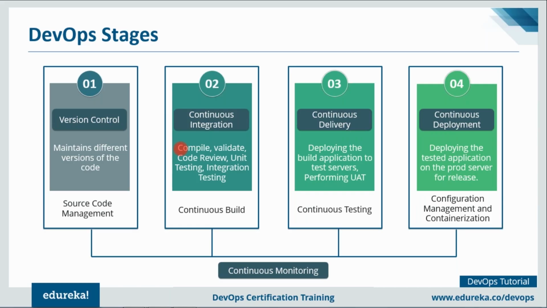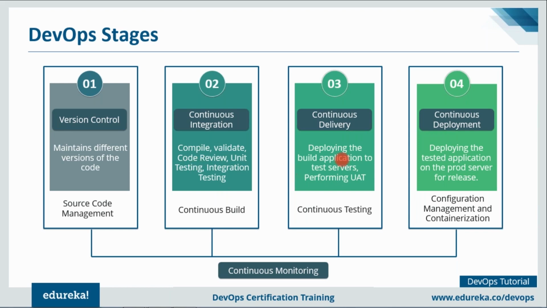Then we have continuous integration. Continuous integration is basically building your application continuously. Suppose any developer made a change in the source code, a continuous integration server should be able to pull that code and prepare a build. Now, when I say build, people have this misconception of only compiling the source code. It is not true, guys. It includes everything, starting from compiling your source code, validating your source code review, unit testing, integration testing, etc., and even packaging your application as well.